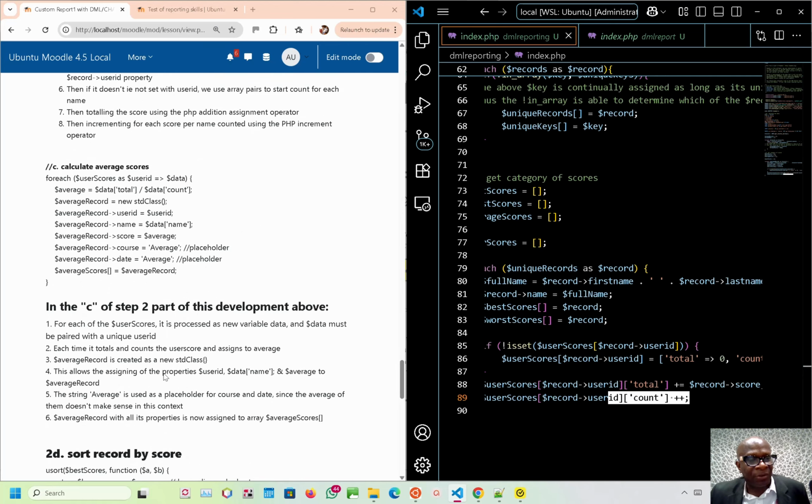So we're now going to go into calculate average score, which is the C part. Again, for each user score as user ID paired to data. That's a PHP function, and it's using logic here: for each user ID paired to data, the data variable average is equal to data